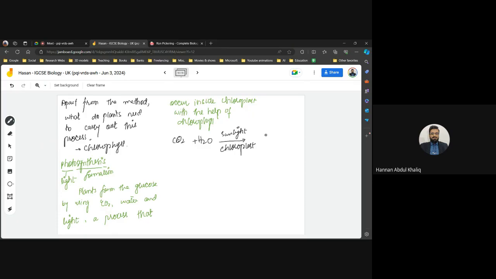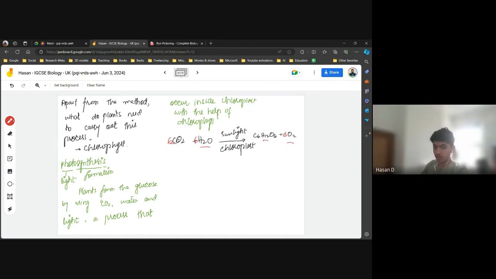And ultimately, they would be making the glucose plus oxygen. Remember that this simple equation can be asked, and the word equation is also in your syllabus. What is the word equation? You have to write carbon dioxide, water, glucose, and oxygen. Got it? Yes. Okay, now